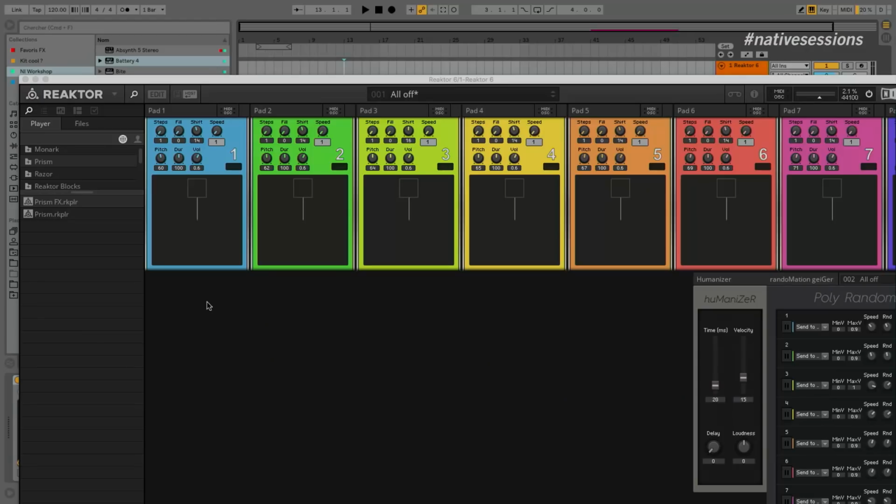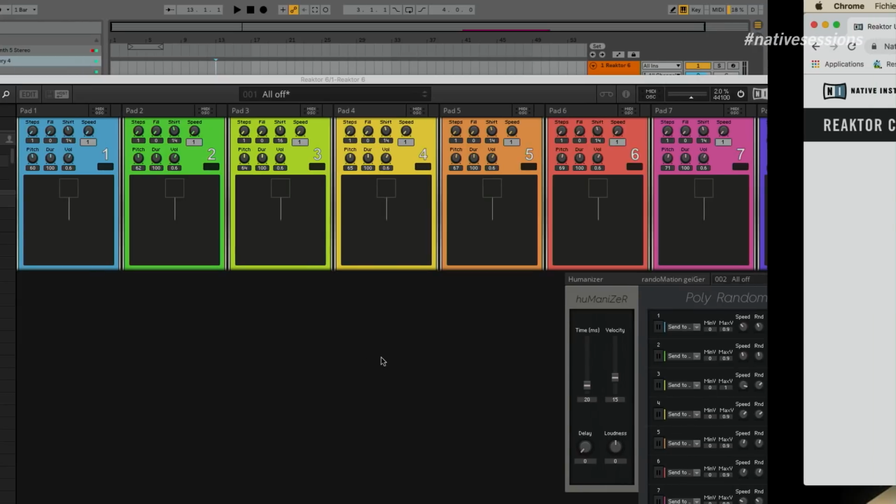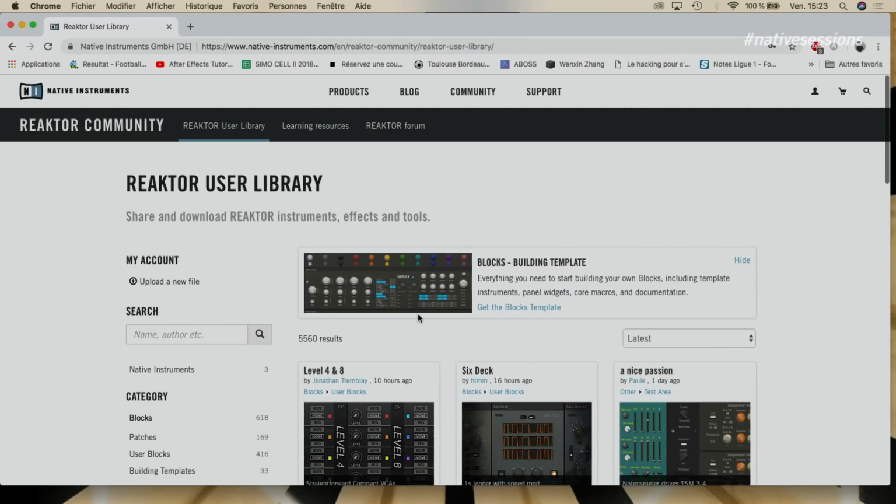So here is how I do it. For example, in Reaktor, you've got mini sequencers that you can add. This one is called a Euclidean polyplexer. There is a Reaktor library on the internet, a very strong community with very dedicated people, and they make many tools. So you've got many options.